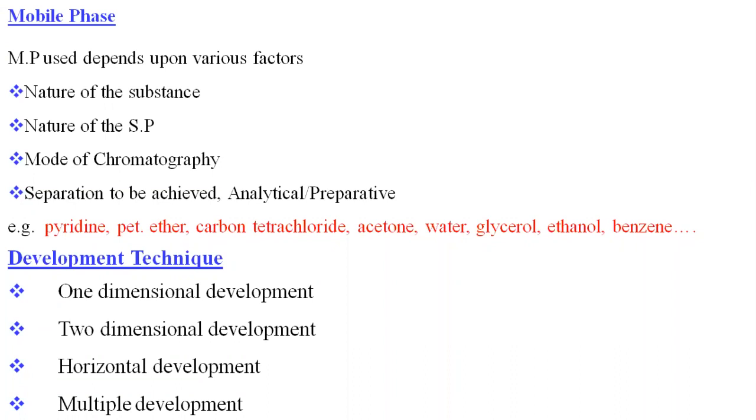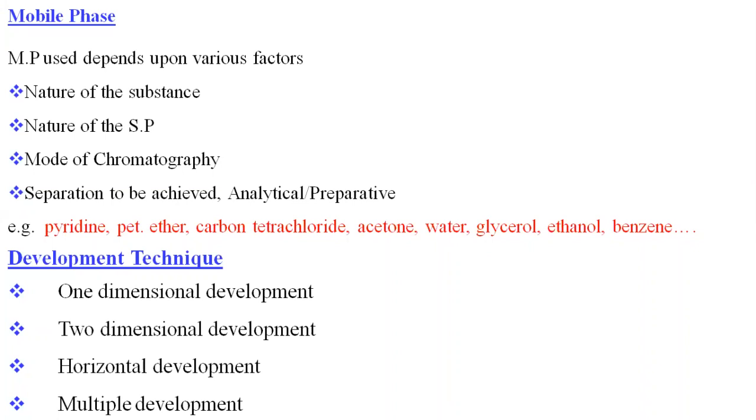The sample should be solubilized in the mobile phase. In such a way we have to select the mobile phase, and we also have to check its polarity. The different solvents we use are pyridine, petroleum ether, carbon tetrachloride, methanol, ethanol, glycerol, benzene, acetone.